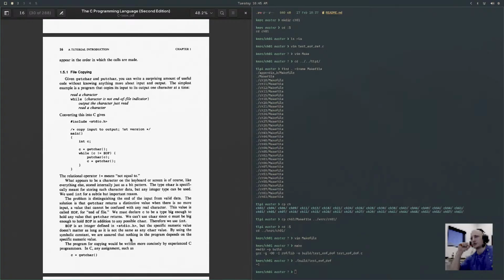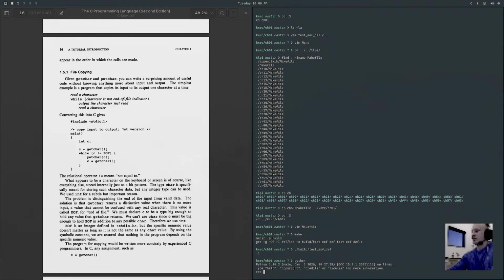Huh. That is super weird because, I guess this is why ASCII is 7-bit instead of 8-bit. Because that most significant bit is going to be your sign bit. And basically negative values were considered signaling. So -1 is EOF. So if you do Python and we look at the binary representation of -1,